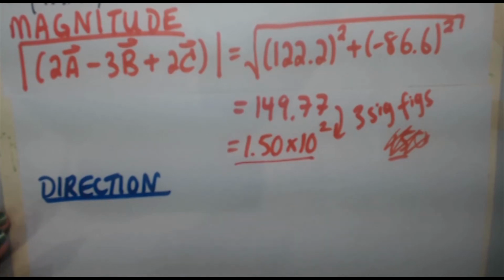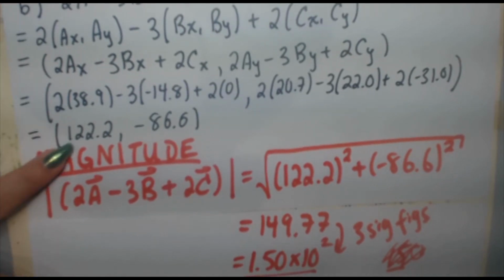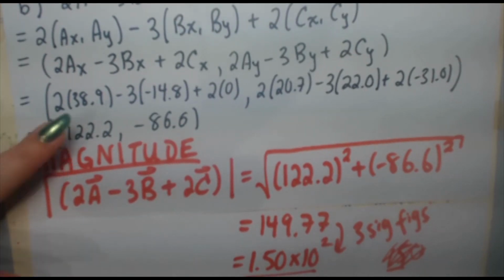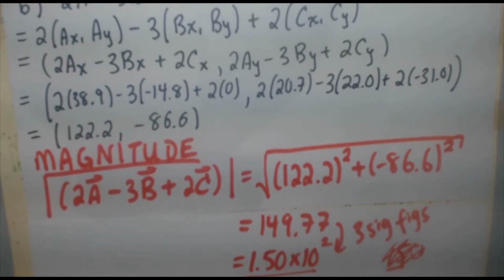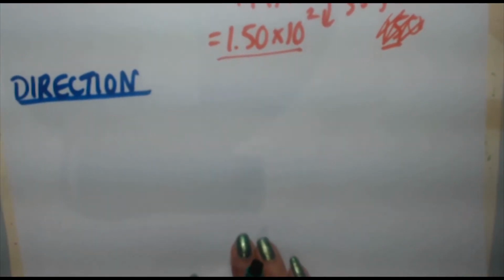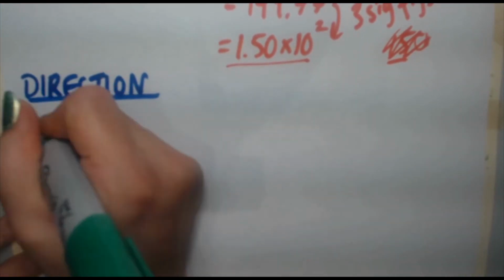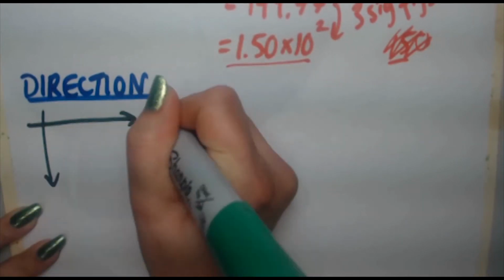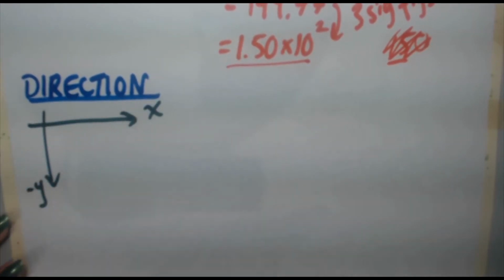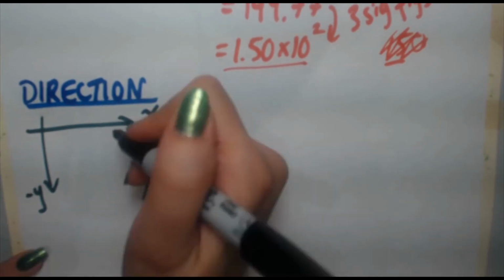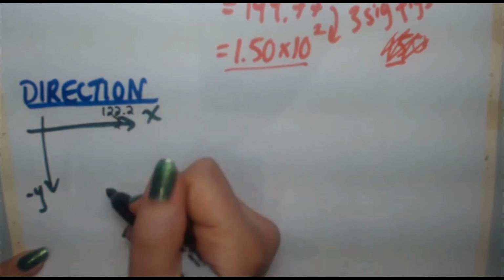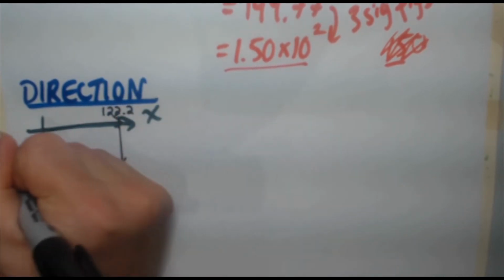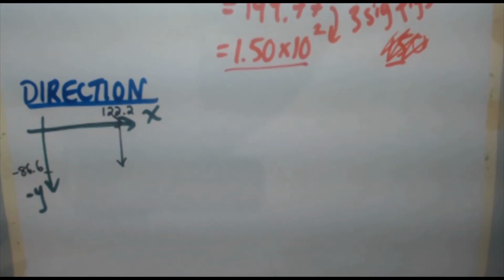And for the direction, I'm going to do my coordinate axes again. Let's take a look at our values. We had an x value of positive 122.2, a y value of negative 86.6. So I'm thinking we're going to be in the 4th quadrant here, okay? So why don't I go ahead and I'll draw that. So we got my x, I've got my negative y. 122.2 is my x, and my y is negative 86.6, so a little bit shorter, negative 86.6,